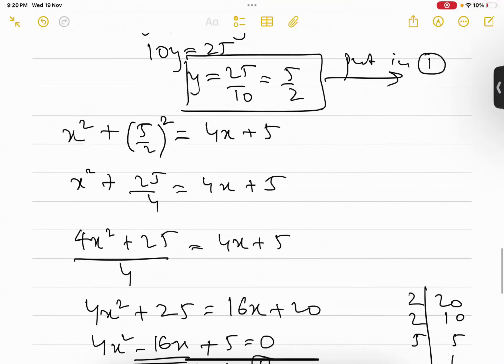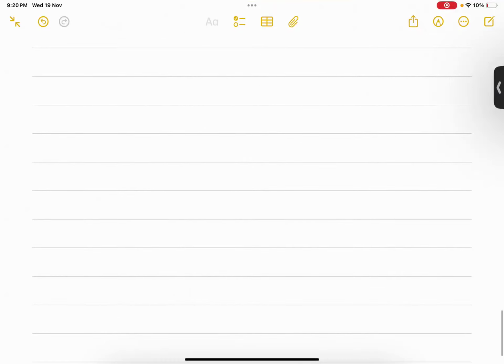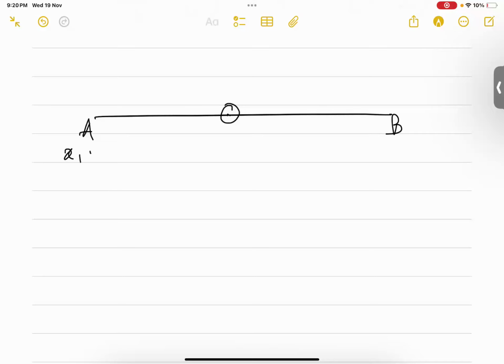Next one, that is the section formula: internal division formula and external division formula. We'll do that. So now see, internal division. This is AB. This is x1, y1. This is x2, y2. This is M and this is N. And this is P. P is not the midpoint of AB. Just note that. So the coordinates of P are